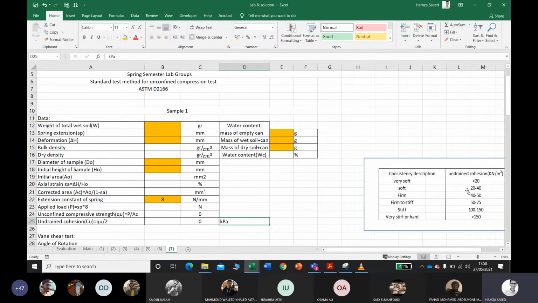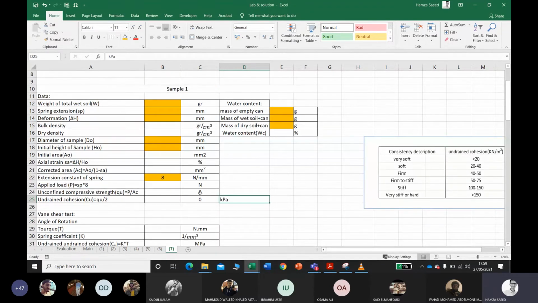If it is between 20 and 40, it is soft clay, then firm clay, firm to stiff clay, or very stiff clay. These are the typical ranges for the undrained cohesion value in order to classify the consistency of the soil type. Is it okay, guys?